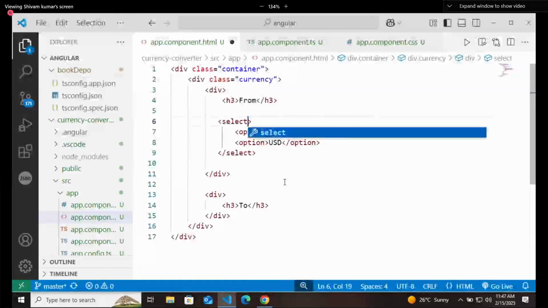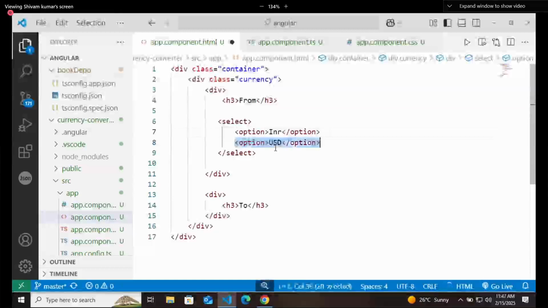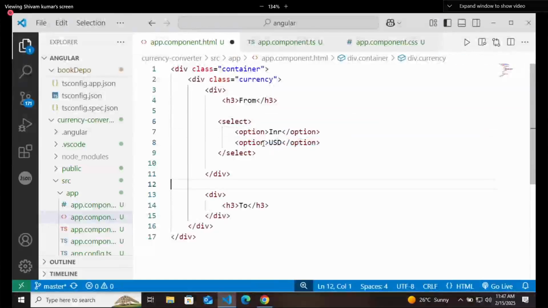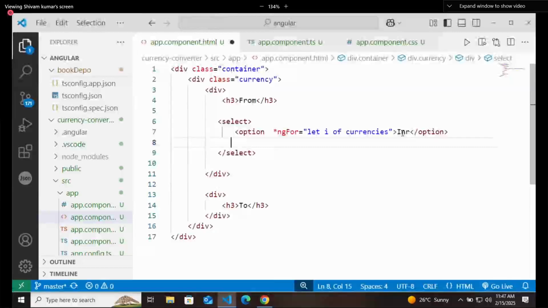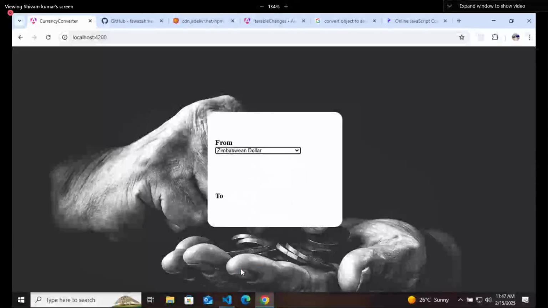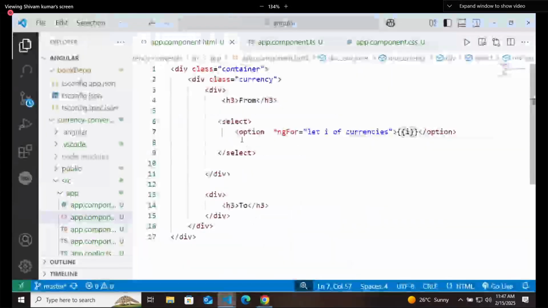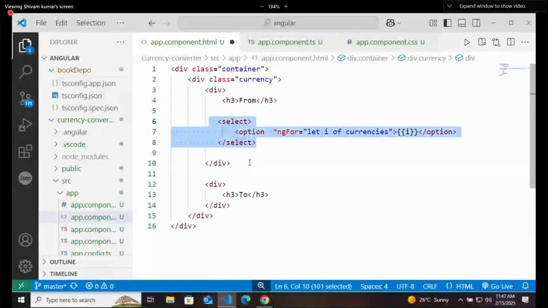Instead of running the for loop here, run the for loop in this option tag. Here you need to use string interpolation of I. Same logic you need to perform in this div also.